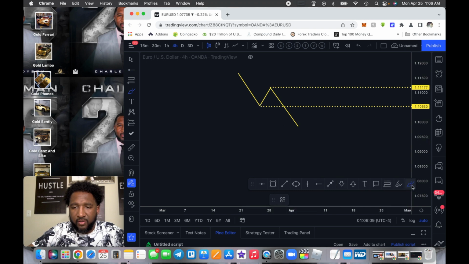What can the market do? It can come all the way here. It can stop at this previous support, create a resistance, and it could stop here and then continue down. Or what do we know? We know this entire zone can be our sell zone. The market can come anywhere in this area,